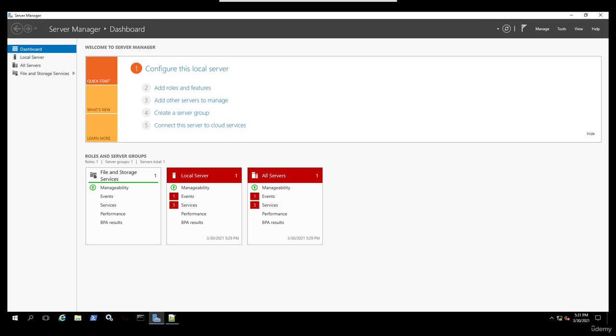Welcome. In this video, we are going to do a ZeroLogon attack. This attack was discovered last year, in September 2020, and it's basically an authentication bypass vulnerability in the Netlogon Remote Protocol, or MS-NRPC. And since it is an authentication bypass, we are going to be able to change the